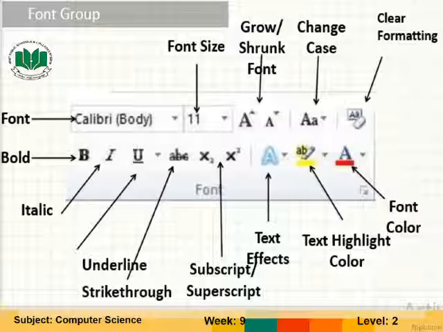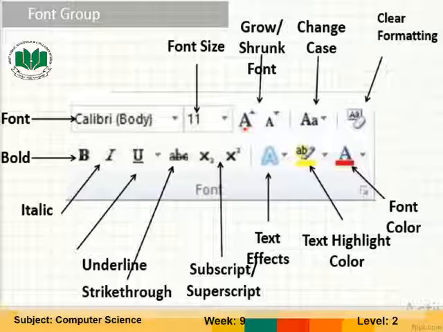Okay students, now I will explain the font group. In the font group, we can change the font from here, bold from here, italic, underline, strike through, subscript or superscript, text effects, text highlight color, font color, clear formatting, change case, grow and shrink font from here.